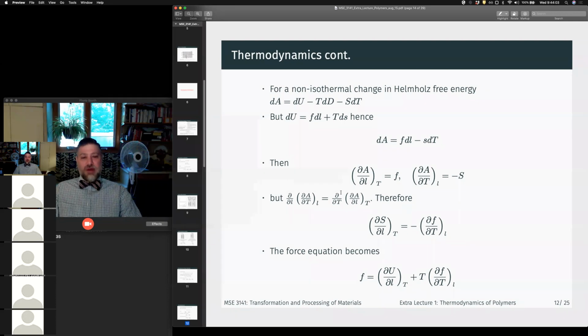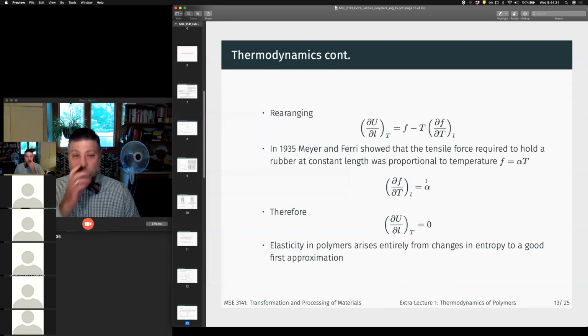And provided you remember your Maxwell relations, which involve the second derivative of your thermodynamic terms, we can swap the order in which we do the differentiation to develop these thermodynamic relations. I'm sure Professor Akbar spent a large amount of time going through all these with you. But if we rearrange this for the change in internal energy with respect to length, there was some